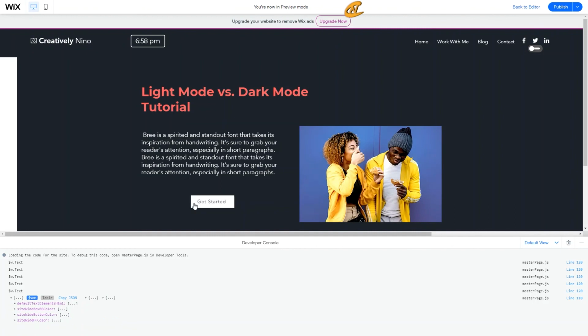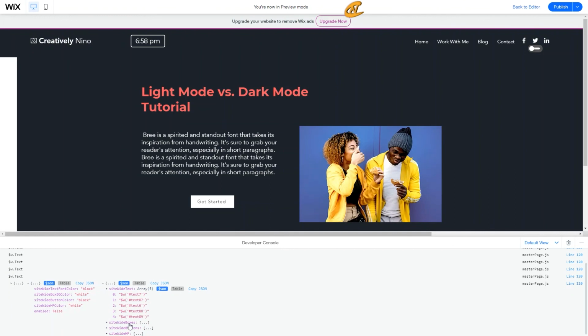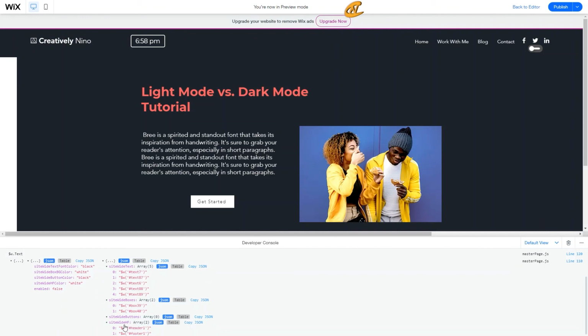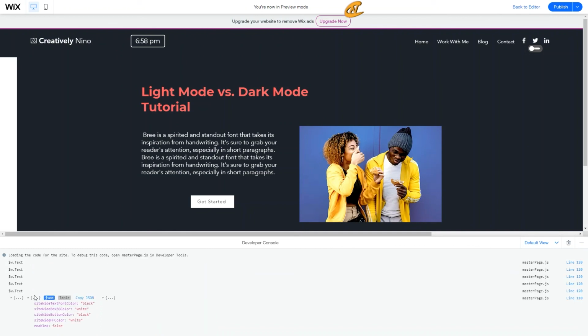So as you can see, this is getting all of the information here, and we have our page elements on the next one right here. So we have the site-wide text, the site-wide boxes, the site-wide buttons, and the site-wide header and footer. As you can see, this is actually pulling in that information. This is awesome. All right, so once we have those objects in place,